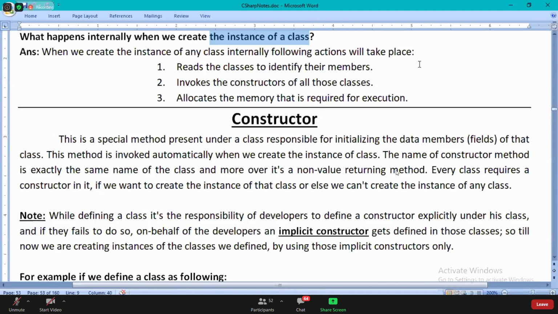And now, what is the answer telling? Reads the classes. Watch, guys. So what is it telling you? Reads the classes. Now the doubt arises here: the answer is telling reads the classes. Why did classes come there?